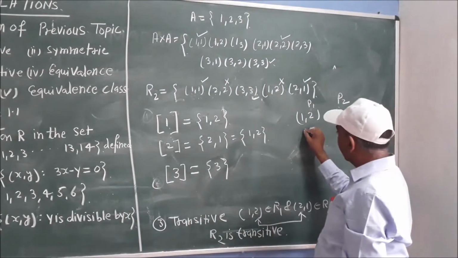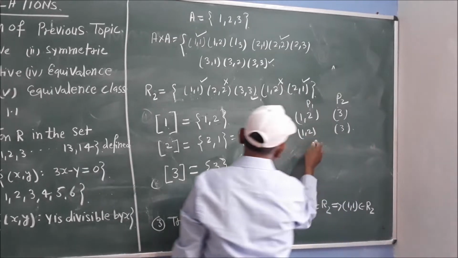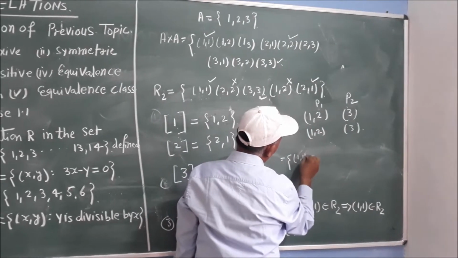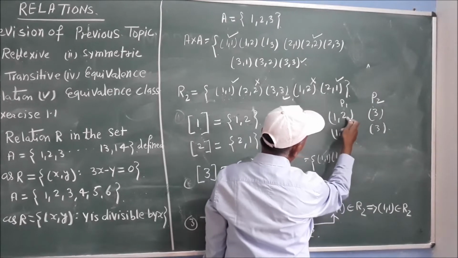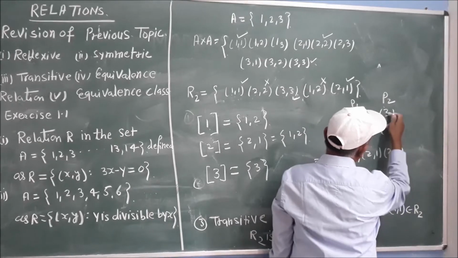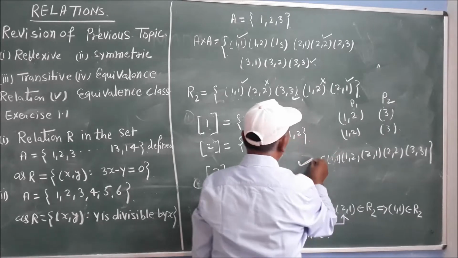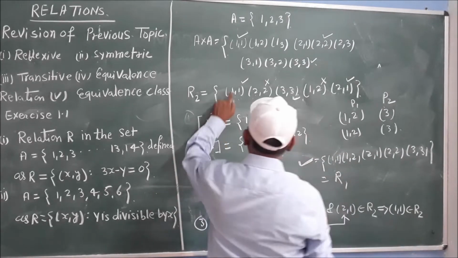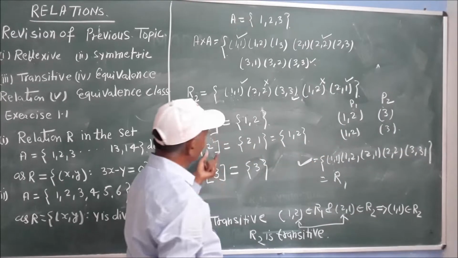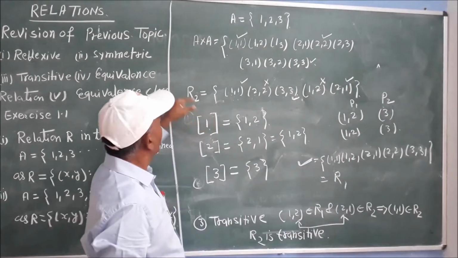Why? How? See here. Write 1, 2 and below this write 3. This can be written as 1 1, 1 2, and from 2: 2 1, 2 2, and 3 3. So you watch this whole set. This is the same as R2. Check here: 1, 2, 3, 4, 5. So we can also see that if the partition is made, we can also calculate the value of R2.